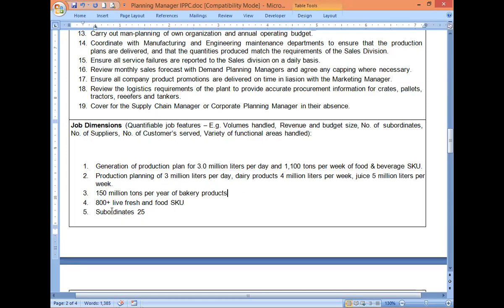For the sake of training of how to write a job description for planning manager and other managerial positions that I have written before and also in the future, because I'm planning to write the transport manager, warehouse manager, even project manager, things like that, and other managerial positions also critical to the organization. Subordinates of 20, I just assume 25 for the planning. That would be enough because you have a separate inventory planning and production planning. Okay, the MRP controller.